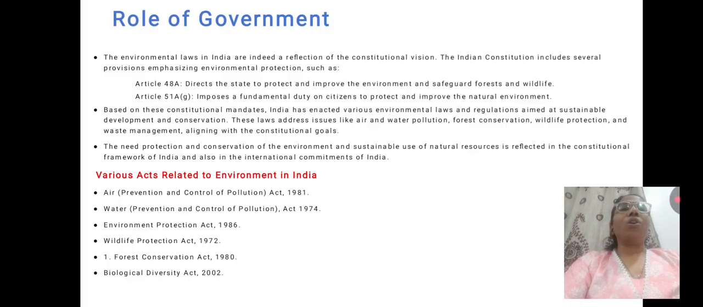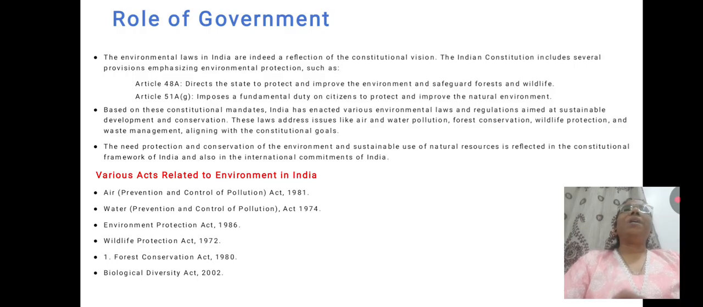The environmental laws in India are indeed a reflection of the constitutional vision. The Indian Constitution includes several provisions emphasizing environmental protection, under which Article 48A and Article 51A come. Article 48A directs the state to protect and improve the environment and safeguard forests and wildlife. Article 51A(g) imposes a fundamental duty on citizens to protect and improve the